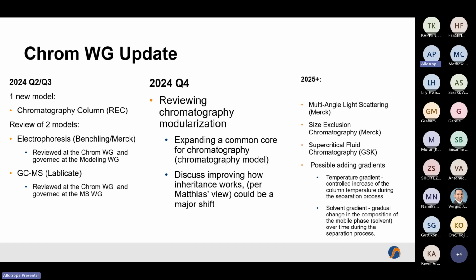Currently, we're looking at the modularization of the chromatography models. As I said, we have common patterns. We have some commonality between the chromatography stuff. We have a chromatography detectors module sort of below that common hierarchy. We're looking to see if we can enhance it further, have a bit more commonality between, say, gas chromatography and liquid chromatography. And as well as that, because of the way the modularization is done, due to limitations